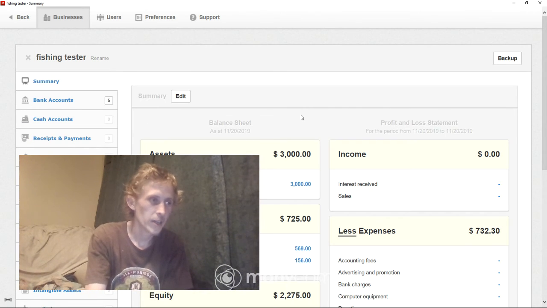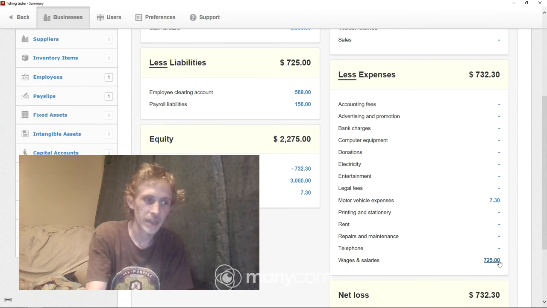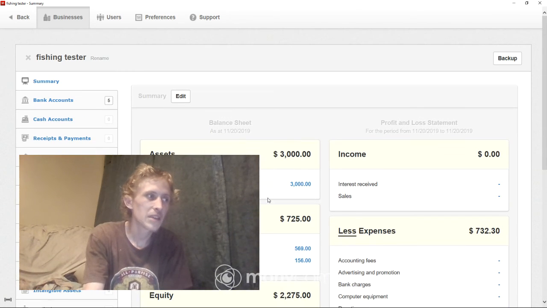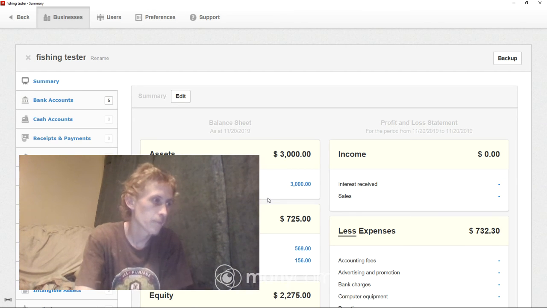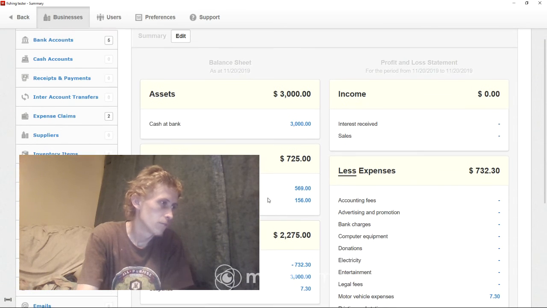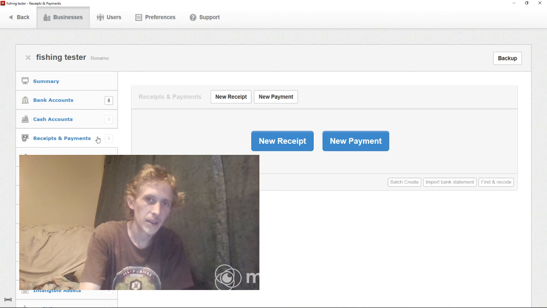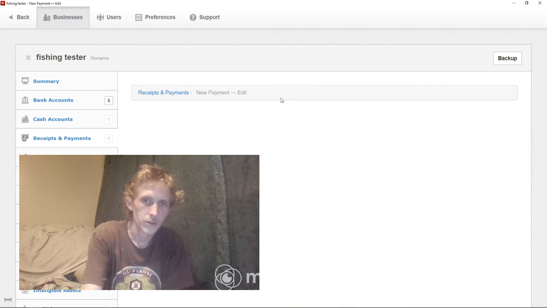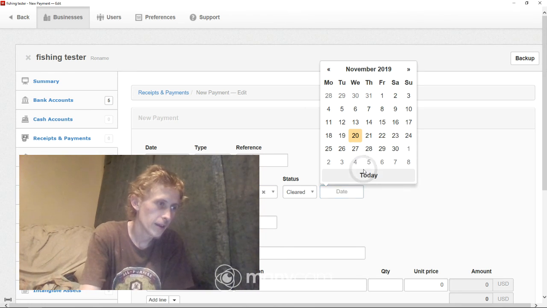Now you go up to summary. You've got wages and salaries taken. So now you need to enter in a landing. So here's how we do that. Receipts and payment, new payment, account, incoming, status cleared, date, today,